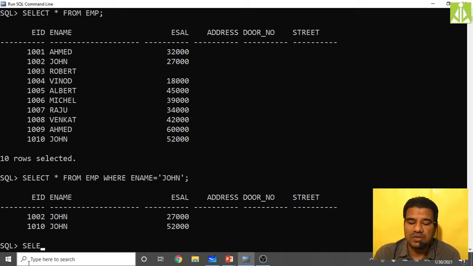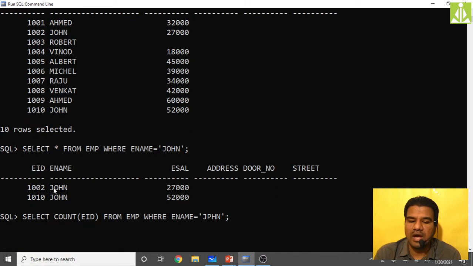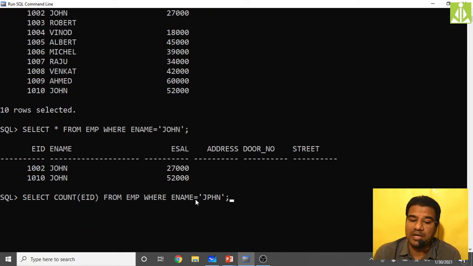So how can I do that? You can count any particular column. Here I am writing EID. Select count of EID from EMP where E name equals John. Put the semicolon at the end. See how wonderfully I'm writing this query, and how wonderfully you are getting the meaning from it. When you write the query, it itself gives the meaning, because it is like an English statement we are writing to the database. Your database understands that, and it gives the response accordingly.